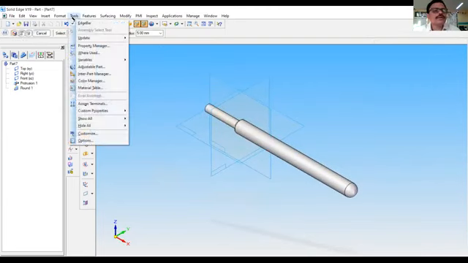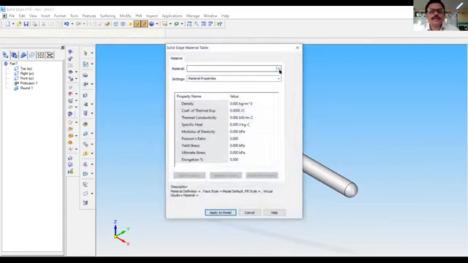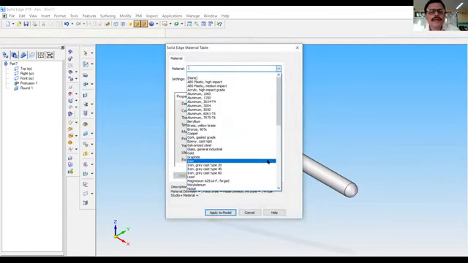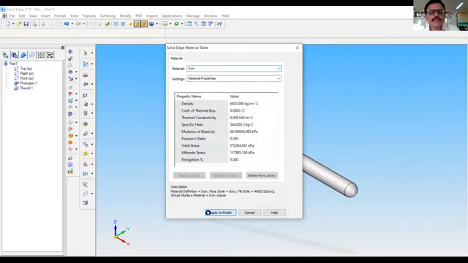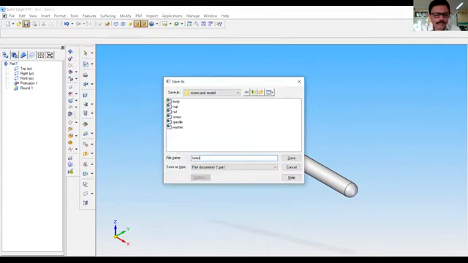Give the materials. Go to tools, materials table. Again, the material is iron. Apply to the model. Save the model as Tommy bar.